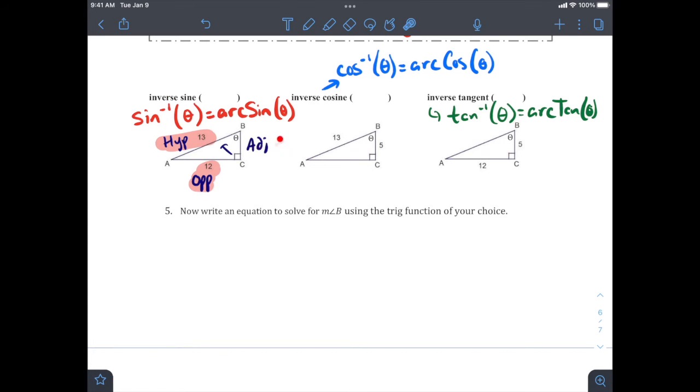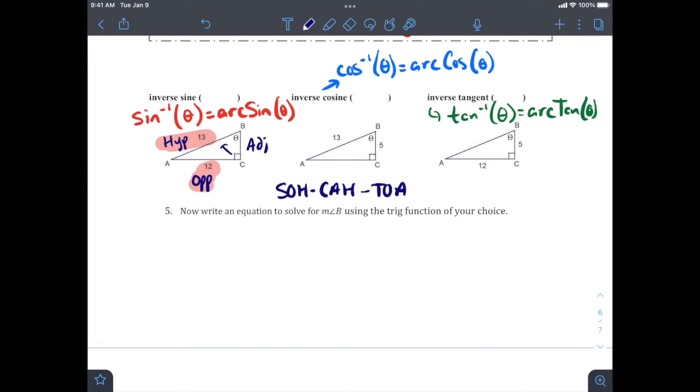Now, if I ever needed to find the adjacent, whatever this side length is, we know that we could always use the Pythagorean Theorem to find that third missing side, as long as it's a right triangle. In this case, we can actually see from our other pictures that that side length here would be 5. And if we did the Pythagorean Theorem, we could find that as well. But since this picture here is giving us an opposite over hypotenuse, I want to think to my SOHCAHTOA